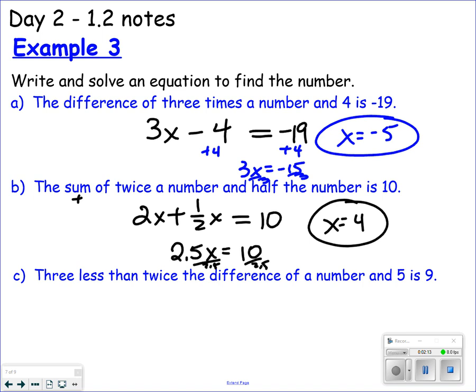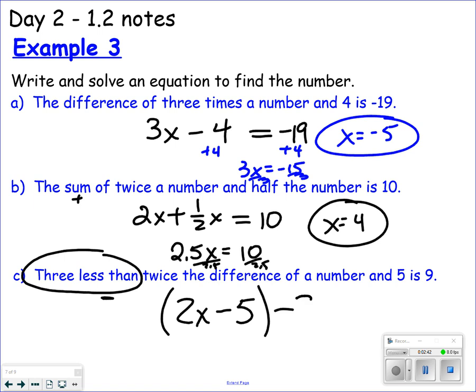Last one, and this is probably the most complicated: 3 less than twice the difference of a number and 5. Okay, a lot of stuff happening here. So I want 3 less than, okay, so that means minus. I want 3 less. But I also want 3 less than twice the difference. So twice the difference of a number and 5. So there's twice the difference of a number and 5, and I want 3 less than that